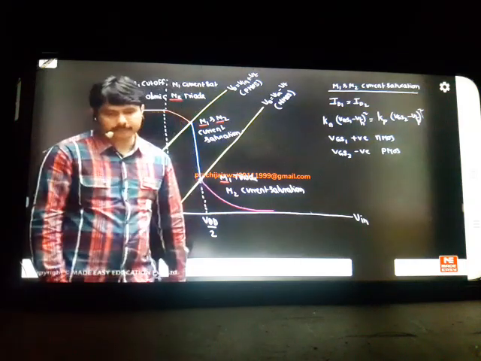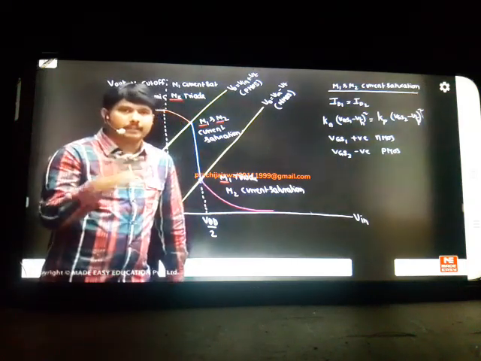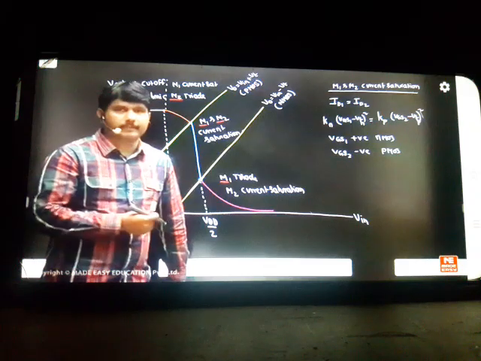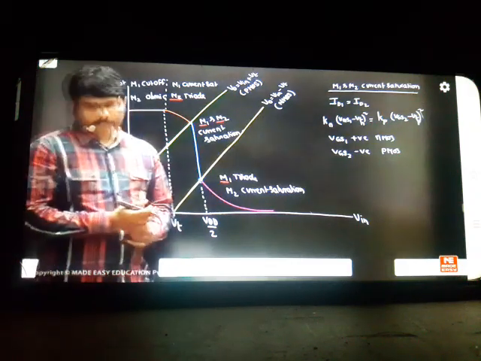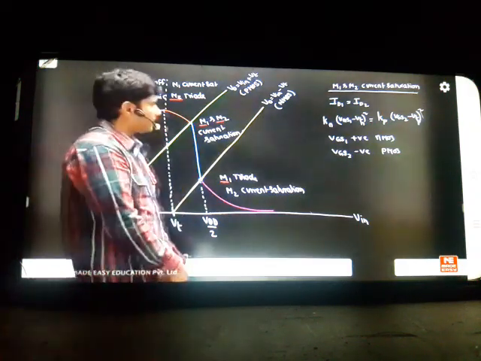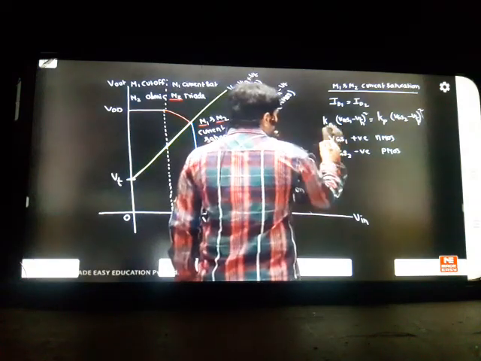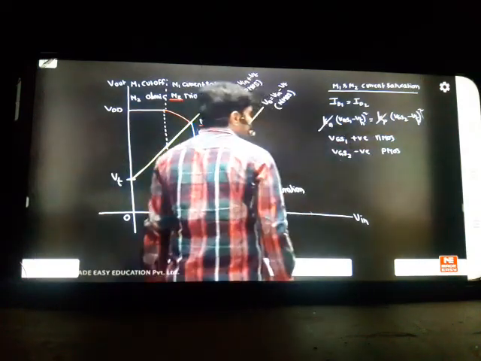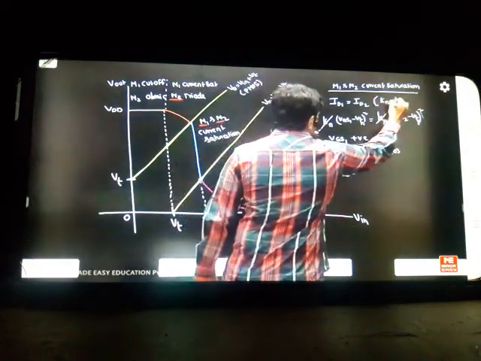Here K and KB are different, but we can adjust it by the W by L ratios and mobility of electrons and holes. If you balance the two ratios, definitely we can make K and KB equal. So let us apply it now, whether it is correct or not. K and KB both are equal. We'll take K equal to KB and balance it.